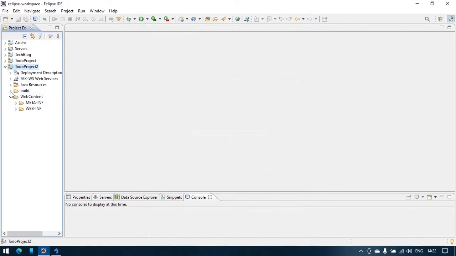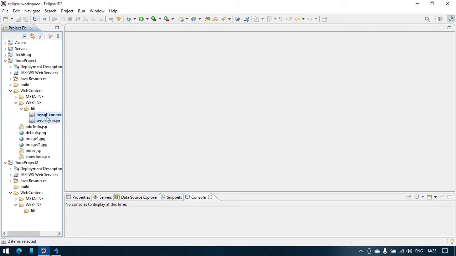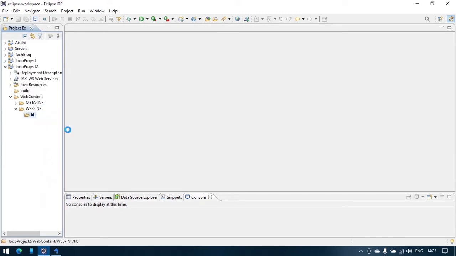After that, we have to add some jar files, because we have to store data in a database. We have to add the MySQL connector and Servlet API. In the web content folder, WEB-INF folder, lib folder, in that lib folder we add those jar files. So let's add. I will just copy it from here. I will provide the link for the MySQL connector, just go and download it there. After adding,